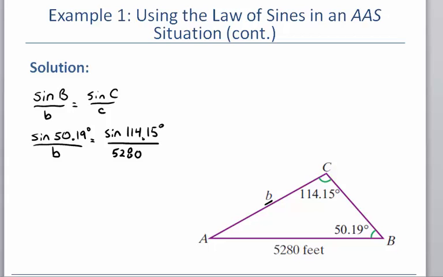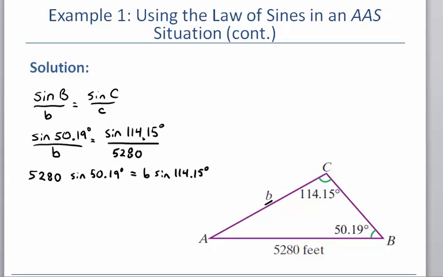Now we're solving for B. The easiest way to solve this is to cross multiply. So we're going to multiply the sine of 50.19 times the 5280. So I'm going to have 5,280, and we're going to put this in our calculator in just a minute, and then the sine of 50.19 degrees. And then we're going to multiply across the other direction. So that'll give me B times sine